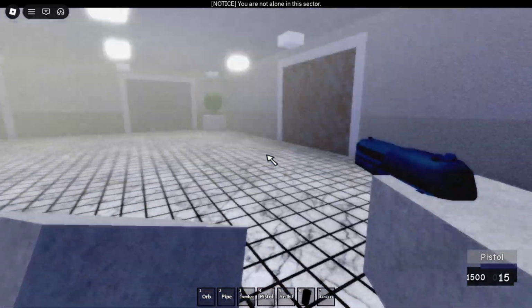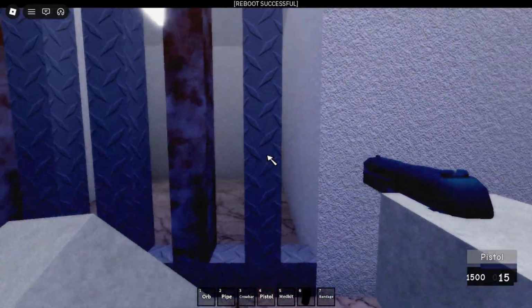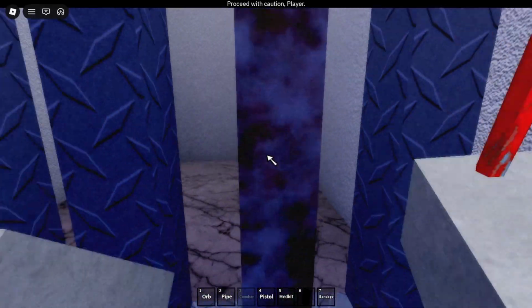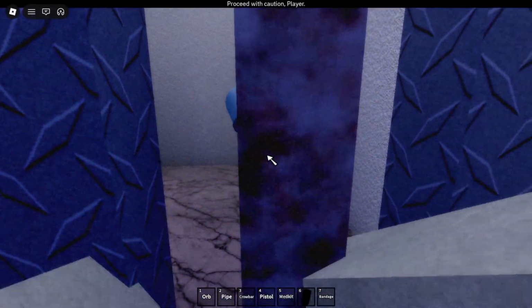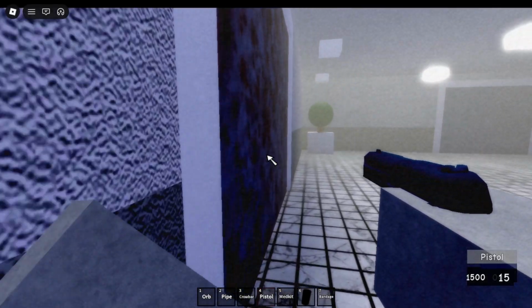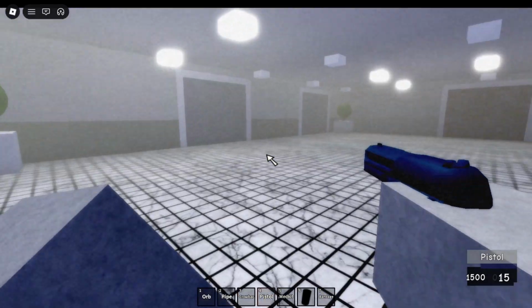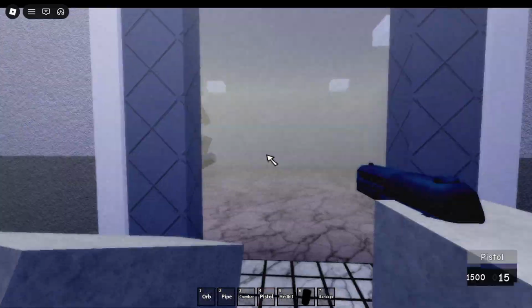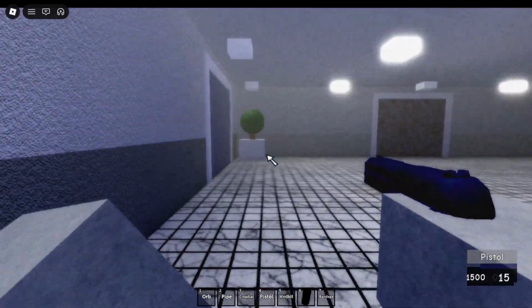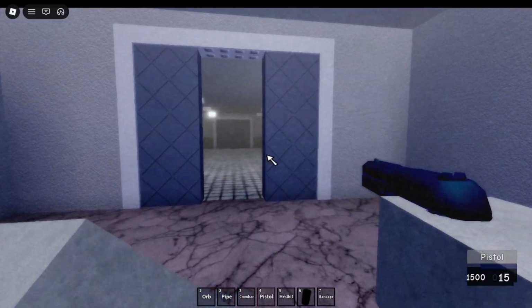Dude, it's so loud. Oh, crowbar. We're just gonna have to play this like Ready or Not. It says that I am not alone. Is this where we're just spawning?